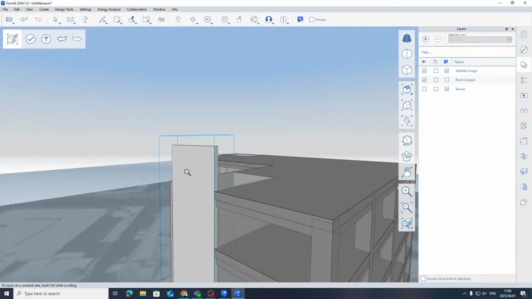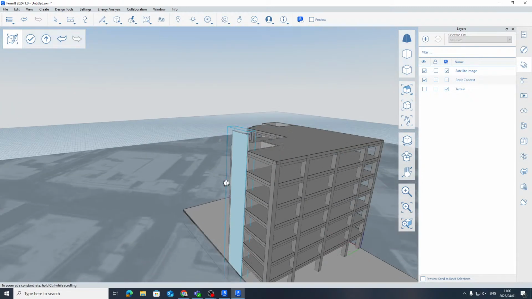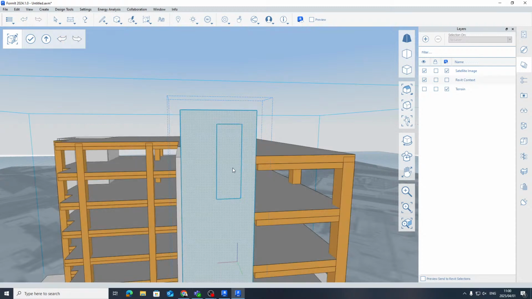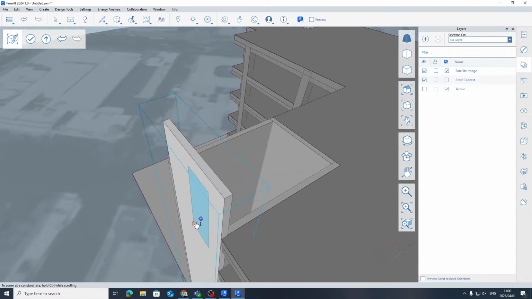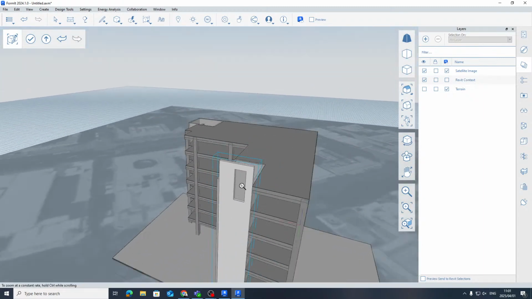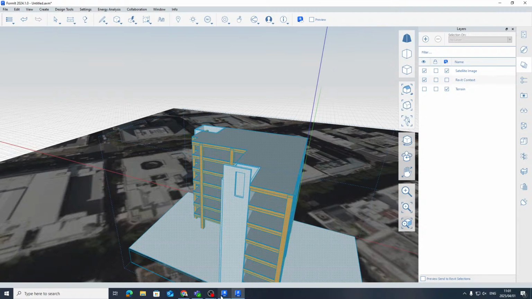So if I didn't know Revit that well and I was battling to model stuff, I could go and create a whole lot of content in here very quickly, like push holes in. So in this facade, I could push a hole in very quickly. Okay, so things like that. This was quick in Formit.